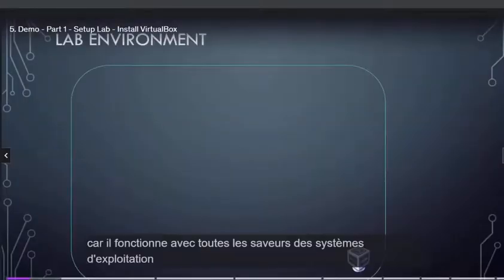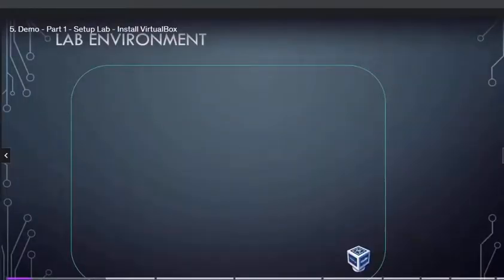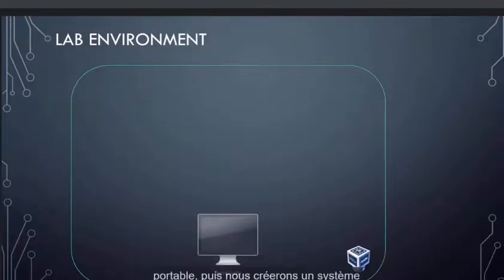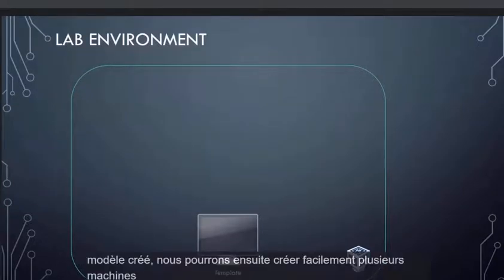All flavors of operating systems like Windows, Linux, and OS X. So this is what we plan to do. We will first install Oracle Virtualbox on our laptop, and then we'll create a template system based on the CentOS operating system. Once we create the template, we will then be able to easily create multiple virtual machines as required